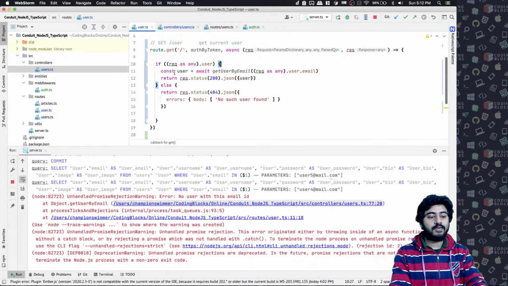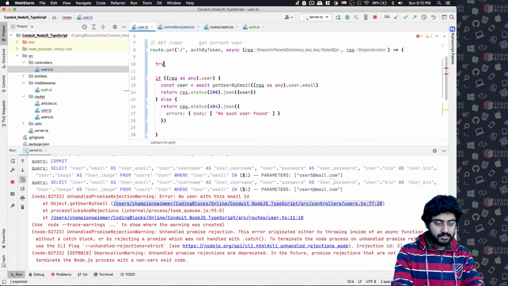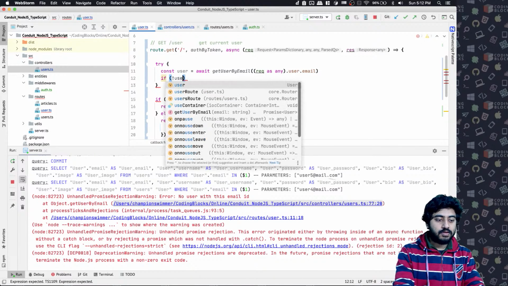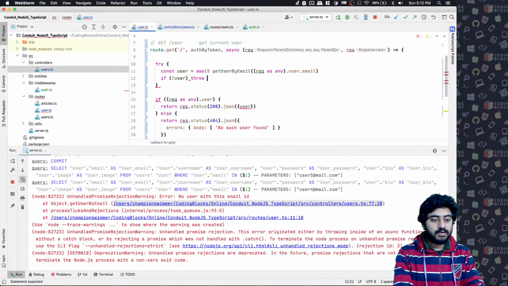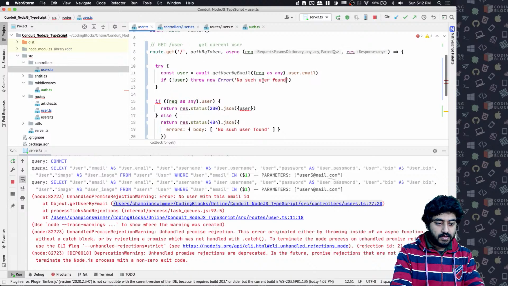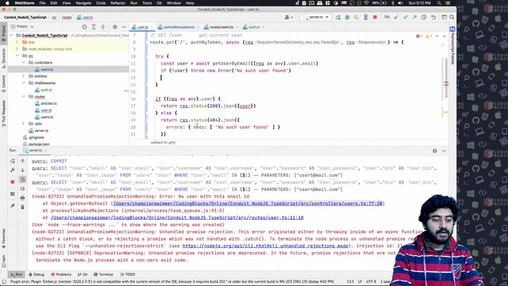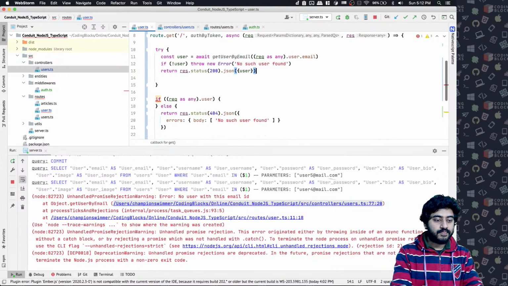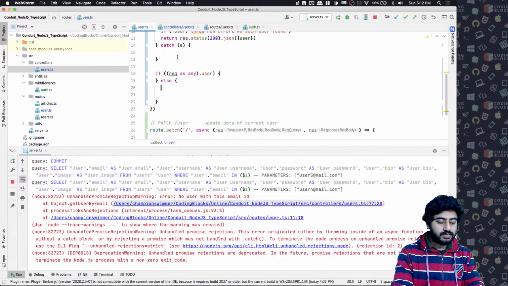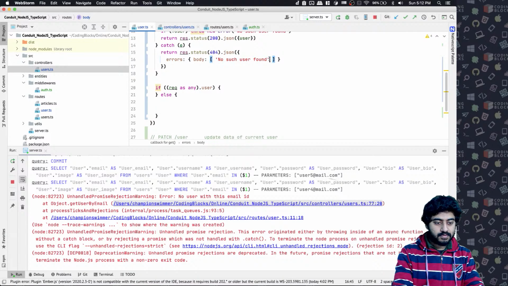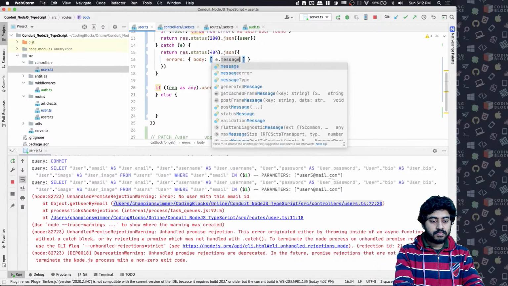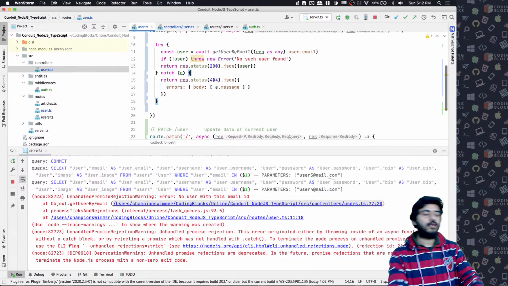Let's do something. Let's write a try catch here. If not user, let's throw a new error, and in this case pass this data, no such user found. Okay, do the return here, then write a catch with the error and write this stuff inside the catch. So you don't need to write this here. Okay,